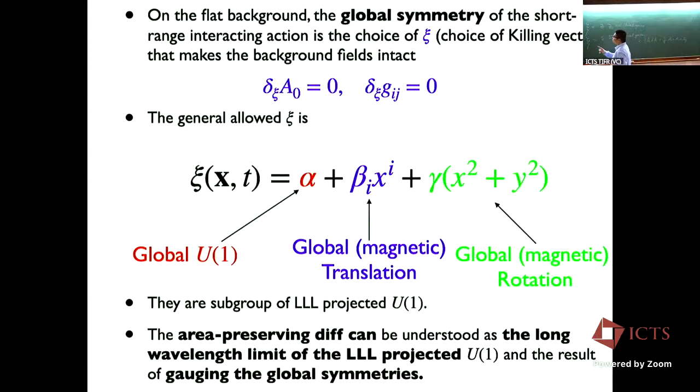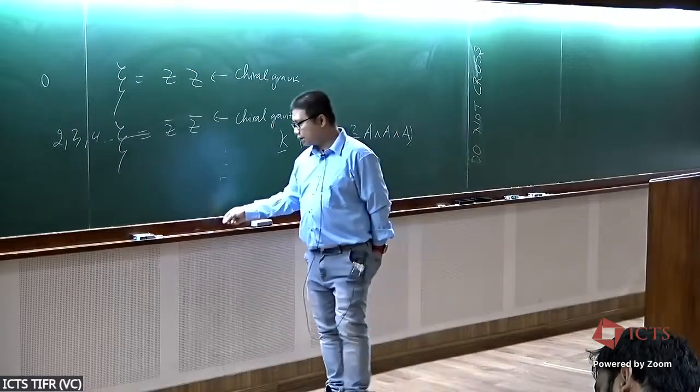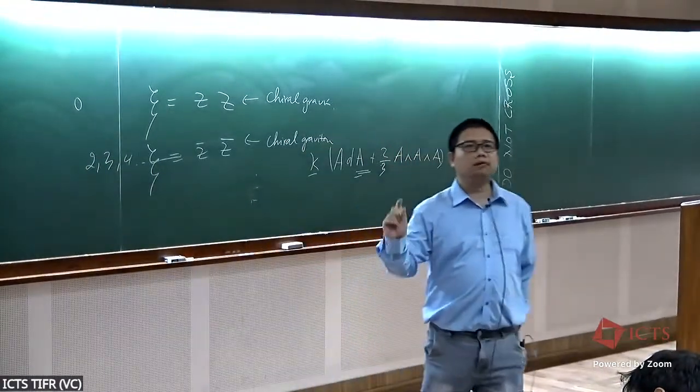tell you, the spin zero, like the U(1) one, is the symmetry. The spin one, the translation, is also the symmetry. But beginning with spin two, it is the excitation. And then you can have the excitations like spin 3, 4, etc. So basically the dynamics of the lowest Landau level is a higher spin theory, beginning from spin 2.